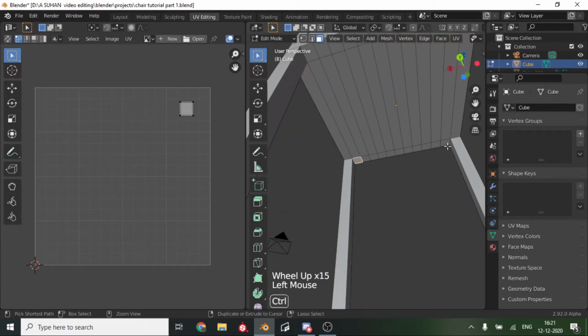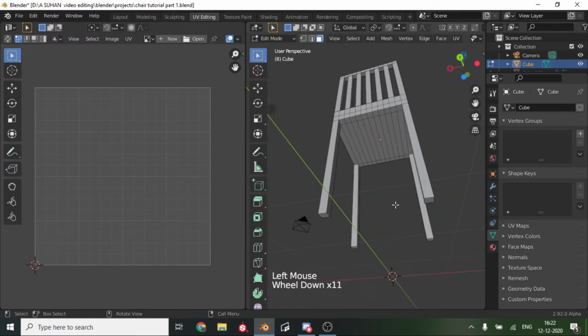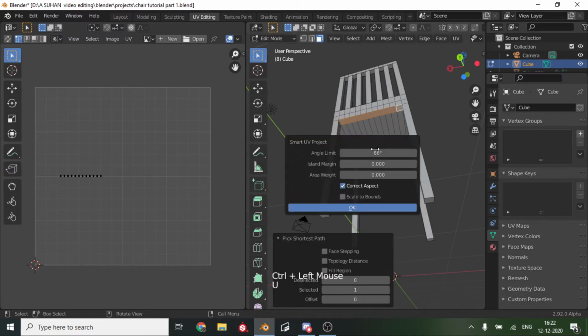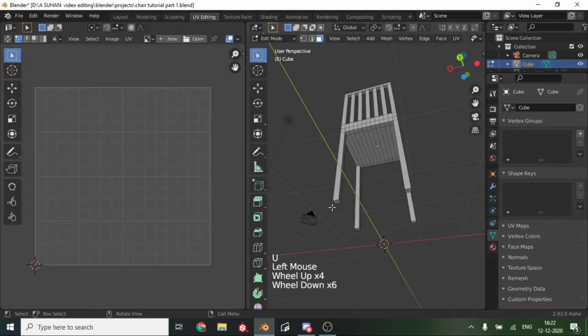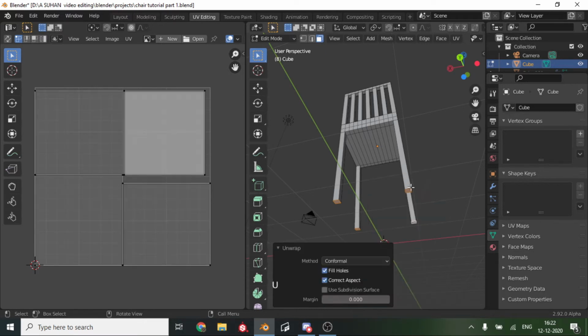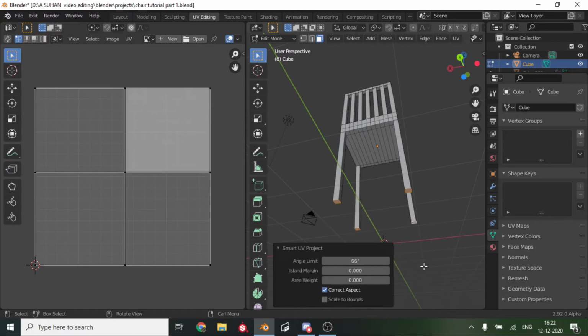Yes, and for these kind of parts you want to select, U and unwrap it separately. So that will just make it look better and nothing else. And that's what we are doing our textures for. Yes, so now we can select the flat portion. Once after this I'll make another series to make similarly a drawer. Not a drawer but a table. Use smart UV project and that will fix it.